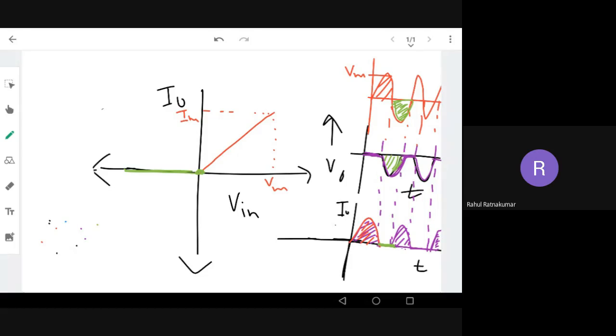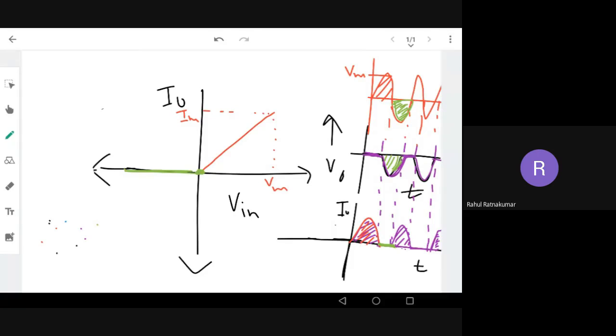I think you're getting it, right? The only thing is you have to see what is the current waveform with respect to time. We already have V out and V in with respect to time. V in is just a sine wave. V out is, you can say, this positive clipped wave, right? Based on those two data, we know the variation of current with respect to input voltage. Now, this is just the I out versus V in characteristics.